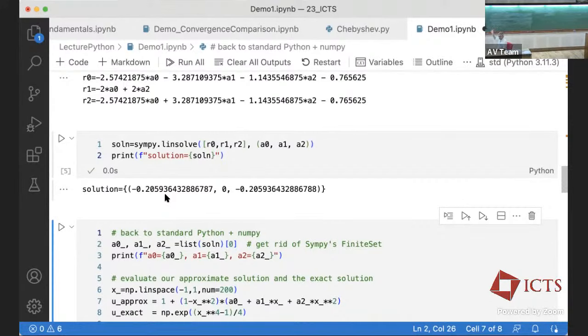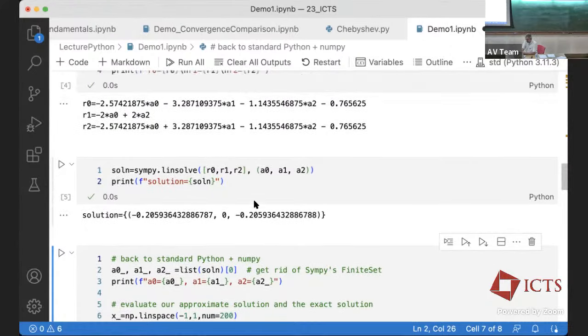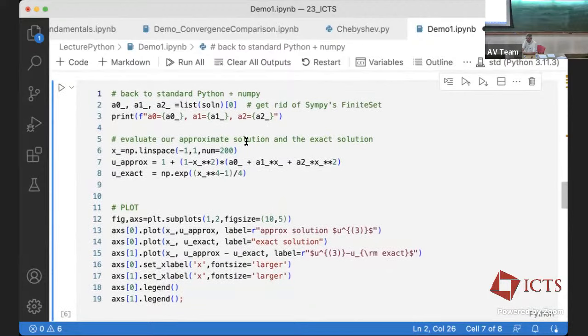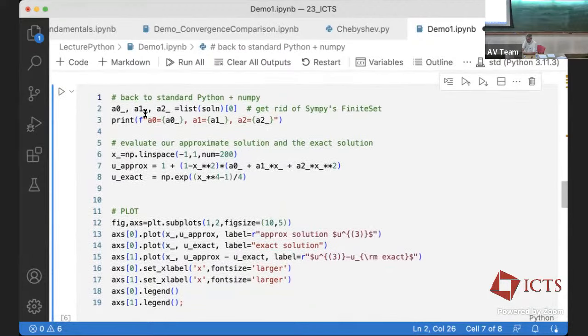Those numbers are actually exact. In this particular example, those are actual rational numbers, 500 something divided by 2,575, something like that. But it doesn't really matter whether it's a rational number or a floating point number or anything. Okay, and so if we now substitute this back into our original function, we have our solution. And that's what I'm doing here, because I'm not really a big SymPy expert. I've just figured out how to get my 3 numbers back in as floats in Python outside of SymPy.